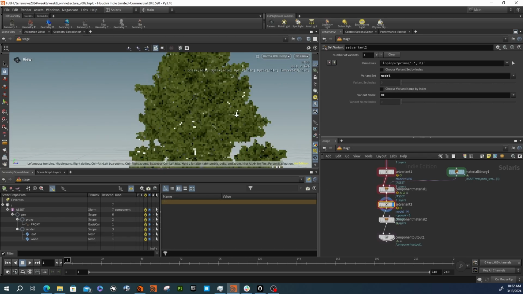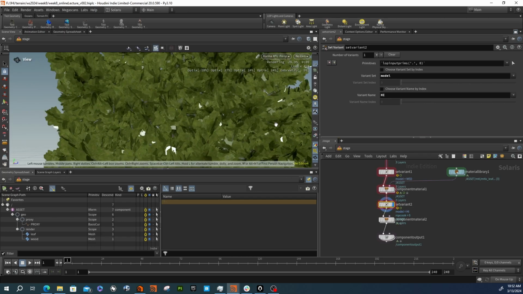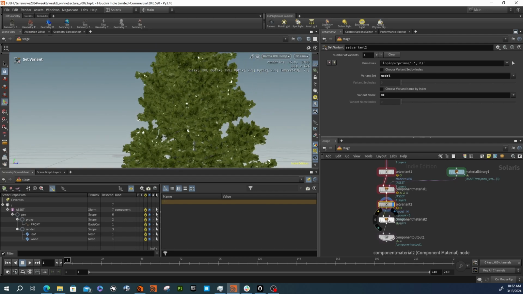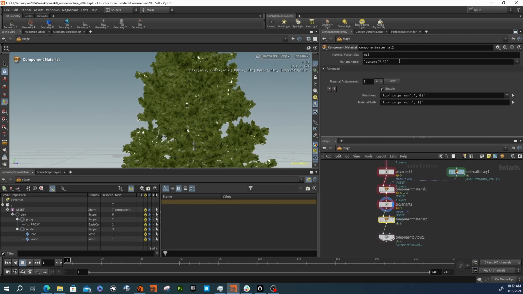And right now it's using that projected material, but that's not what we want. We want to create under our look dev, we want to create our high variant. And so for this, we're going to use our wood,